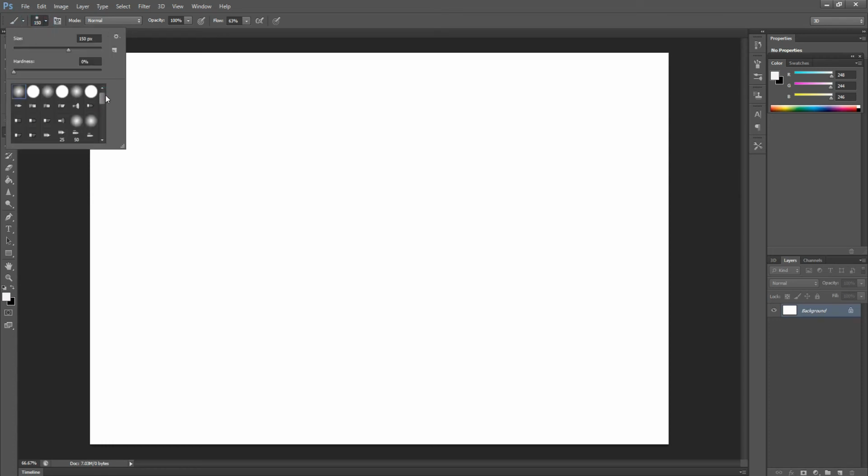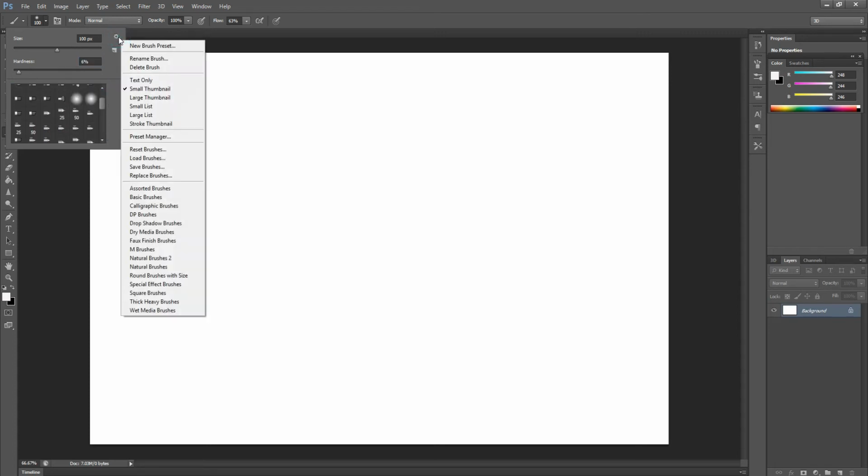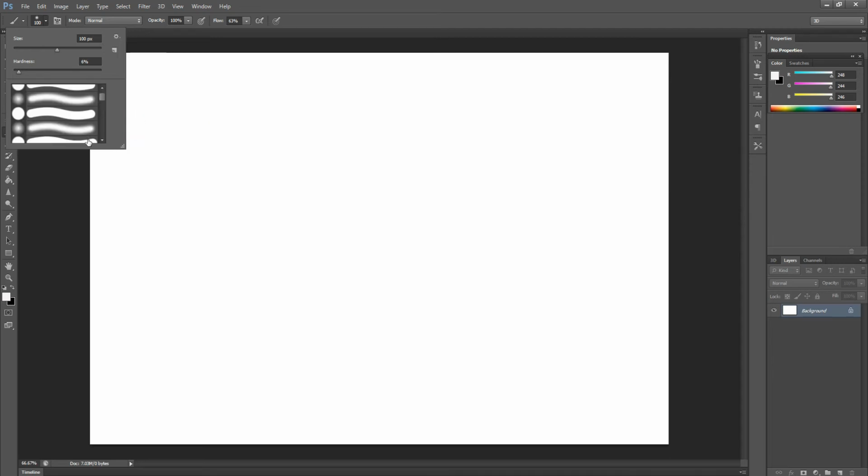Here we can change the brush size from the top menu, and there is another option to increase or decrease the hardness and softness of the brush. This is all the brush library we have. We have more brush libraries we created here. There is also a different type of showcase of brush. When we click on a stroke thumbnail, it shows which type of brush we are going to take.